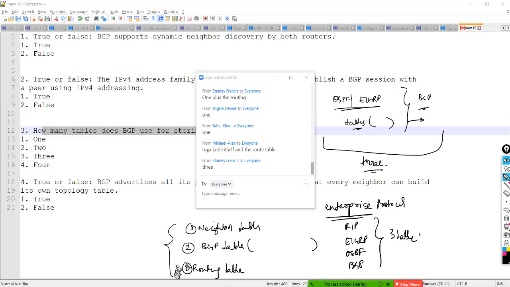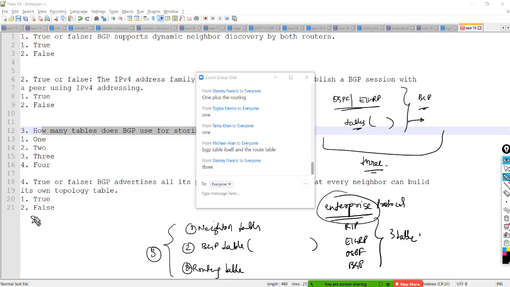So this makes three tables in the case of enterprise protocols. Why did I say enterprise protocol? Because you can categorize in different ways: enterprise, service providers, or nowadays cloud protocols, or SDN, software defined networks.